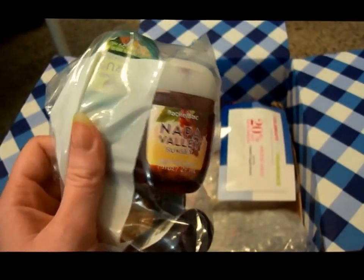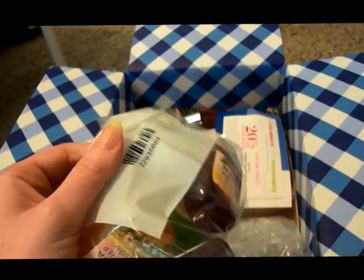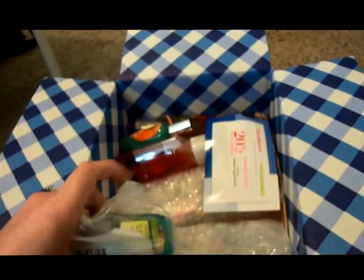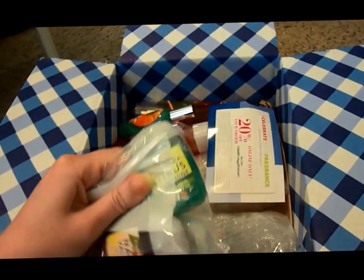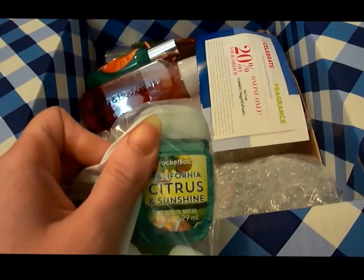So I got the little country wine set. I have no idea if that's the name of it or not, but I really wanted to try these out. They look really pretty. The packaging on the, God, I really need to take it out of here. The packaging,